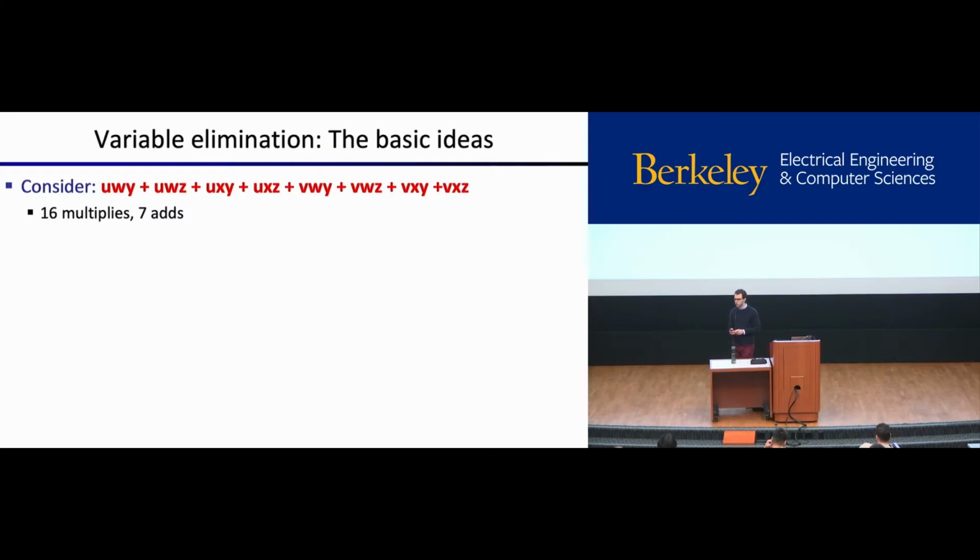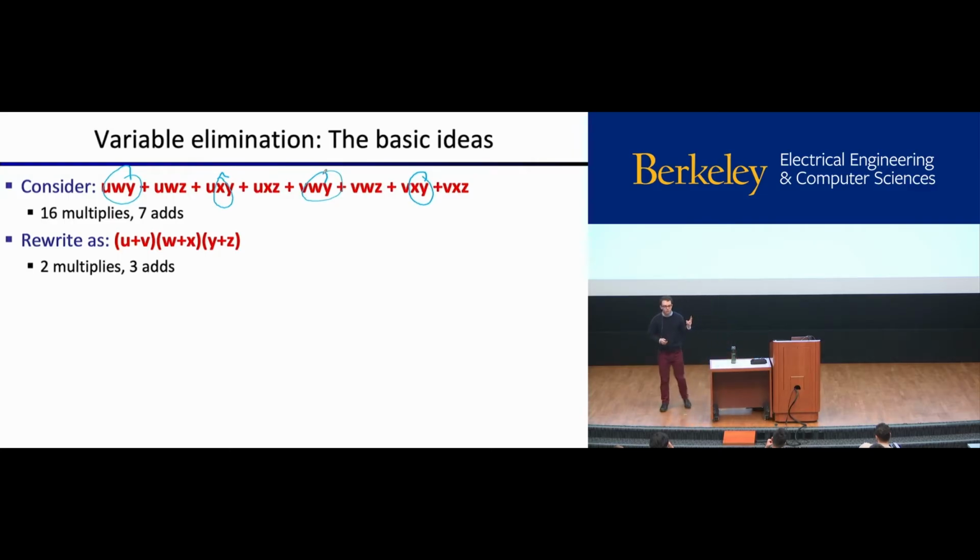We also notice that there's some shared structure here, right? There's this xy term, and there's another xy over here. So if I compute xy, I shouldn't have to compute xy again. And similarly for wy and wy. So a lot of these are shared computations. If we factor this, then we can do it in 2 multiplies and 3 adds. There's an add for each term, and then a multiply for each of the pairs of terms. So this could be pretty great savings.